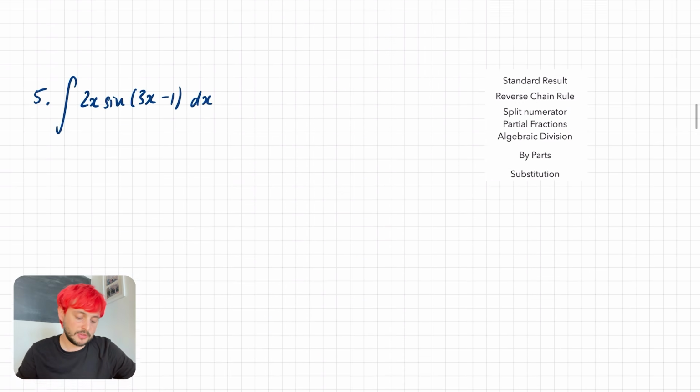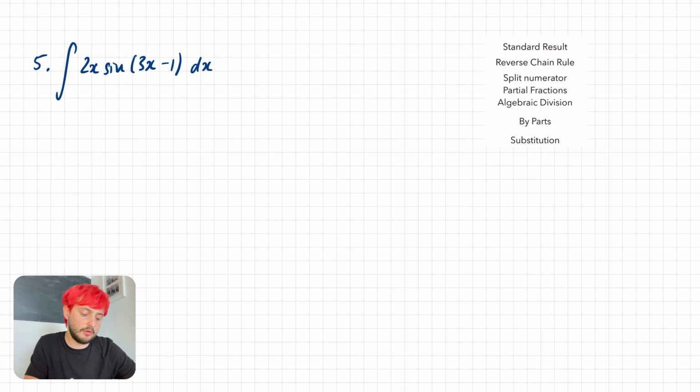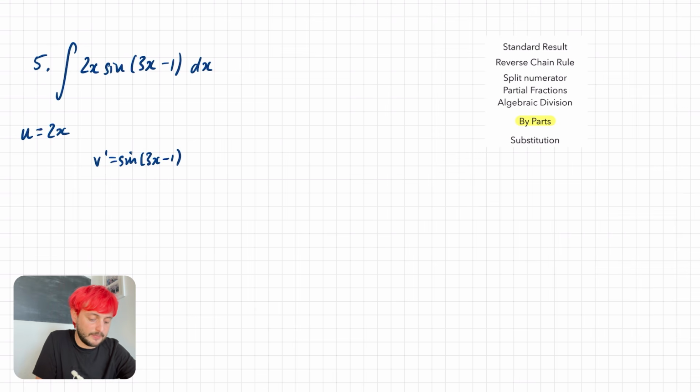Okay, let's keep going. Question 5. I wonder if you can remember what this one was from the first video. This one is not reverse chain rule. This is an example of one which is going to be by parts. So in this case, we're going to select the polynomial as the u term, so it's going to be 2x, which means that the sine 3x minus 1 is going to be the v dash term. So u will differentiate to 2,